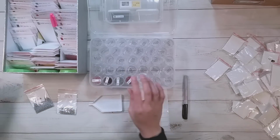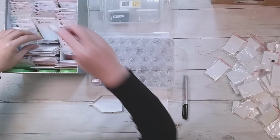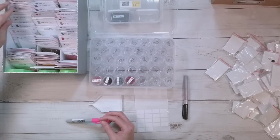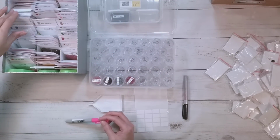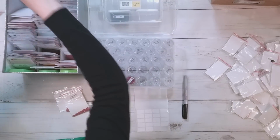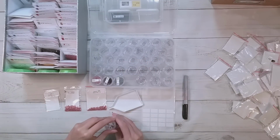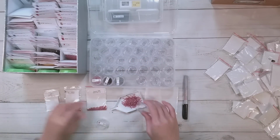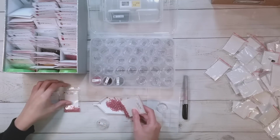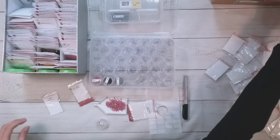So this might very well match what's in my overflow, but for now, it's staying in there until it needs to move to my overflow. 223 here. Okay. Let's see. Does it match this one? No, doesn't match that one, so let's